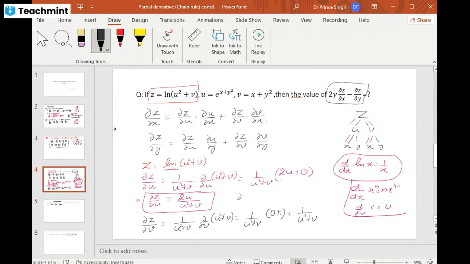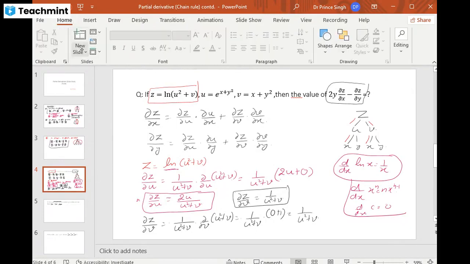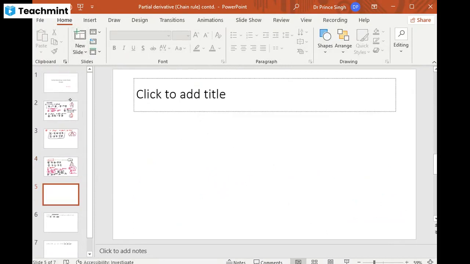So what is the derivative of z with respect to v? This is 1/(u²+v). So these two derivatives are known. Apart from this, we need the derivative of u with respect to x and y. So what is given here? It is given here that u equal to,